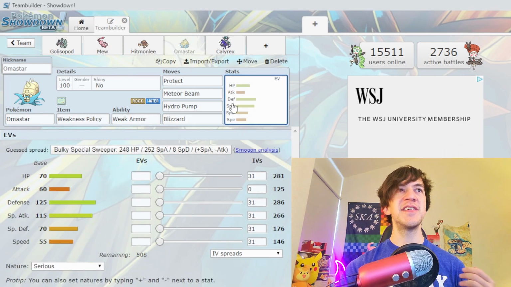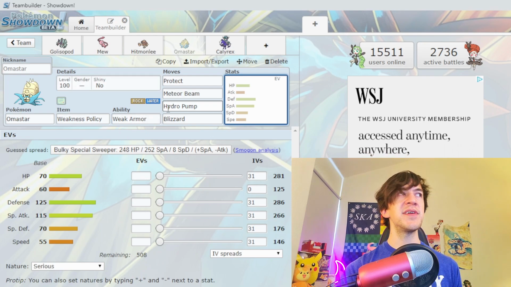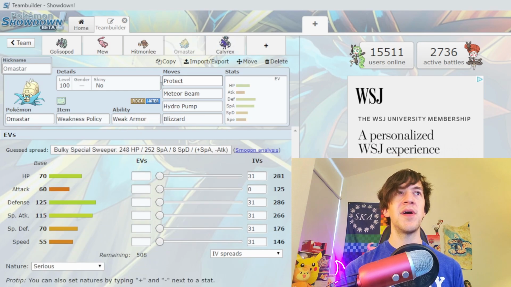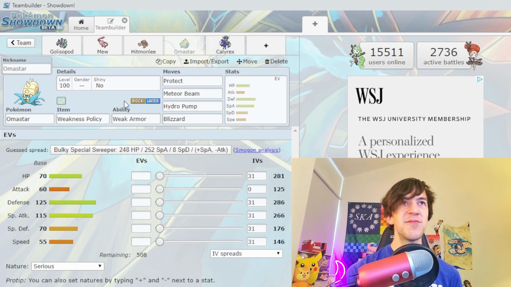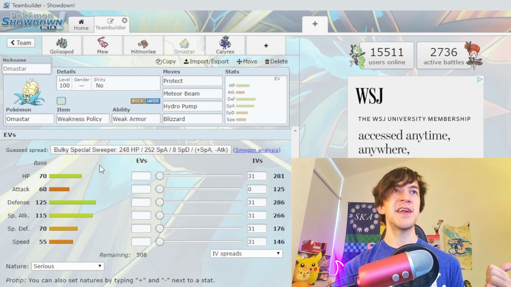And the whole strategy is we're going to Dynamax Amistar right off the bat. Most people don't really expect something like this to happen. And then we're going to Double Kick our own Amistar, which we should outspeed most of the meta with the Choice Scarf Calyrex. And what this allows to happen is we hit twice on our Amistar, which activates our Weak